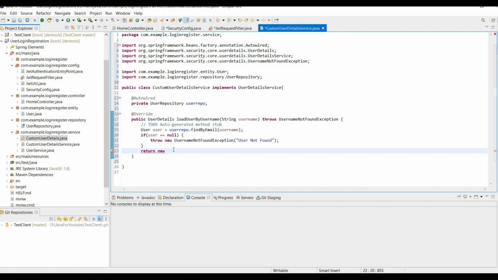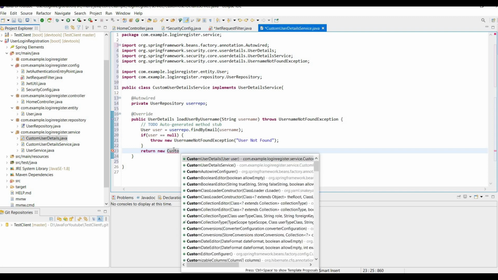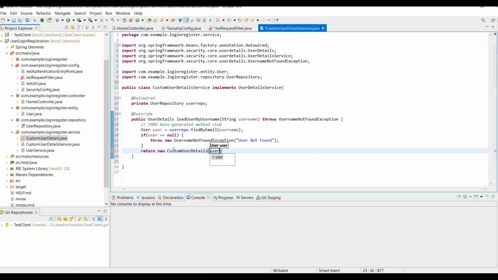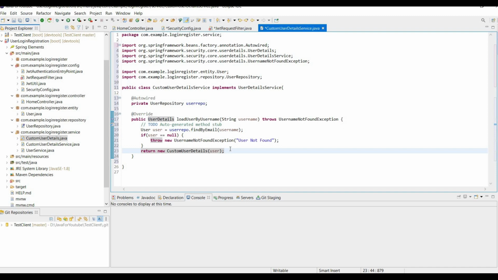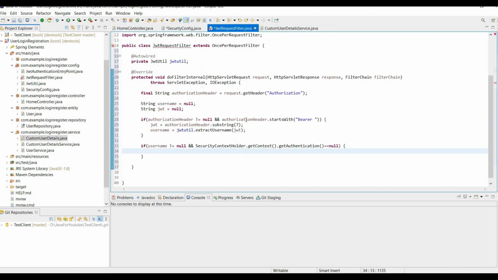Now new custom user details, and inside this I'm going to pass, not the user. Wait a second. If user is null, then yeah, we need to pass the user so that it will get the username. Now inside this class